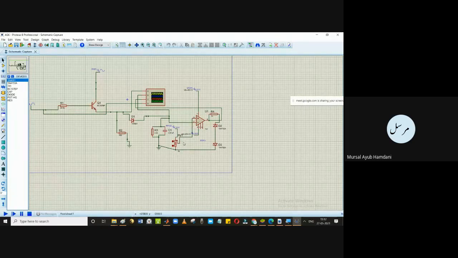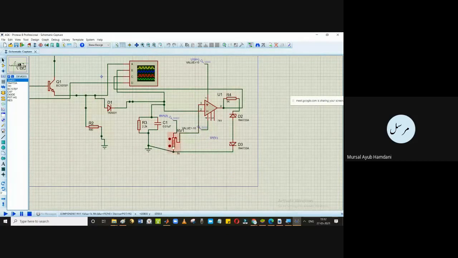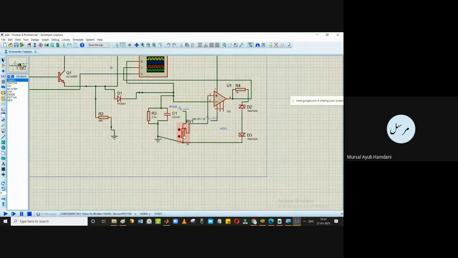So for that I have used a potentiometer, with 100 and 0 saturation, and given it some voltage. So it will act as a 0 1 signal here, rather than connecting it to the transmitter, which is not practically viable always. Then at the output, I'll have to make it a little stable. For that, I have connected two Zener diodes as varactor diodes and accordingly made the voltage a little stable.